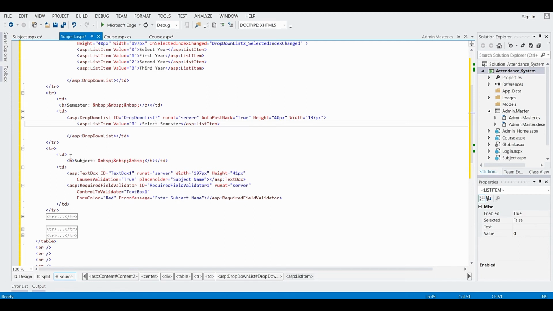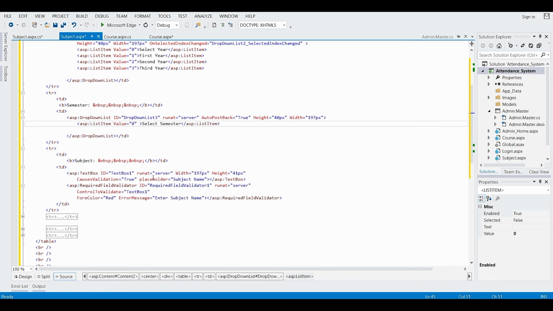Now let's see the next one. Here I have taken two table data. In the same way, here I have given the subject, and instead of a drop down I have taken one text box and one required field validator for validating this text box.